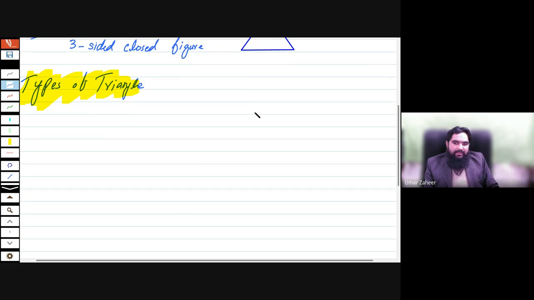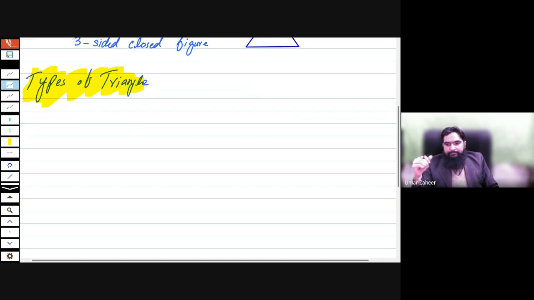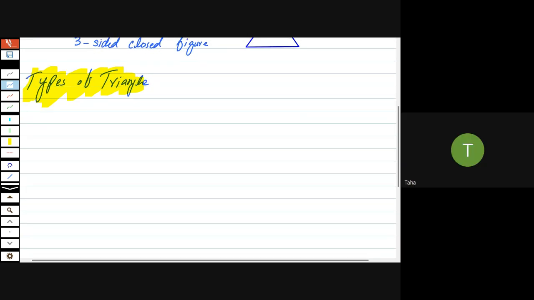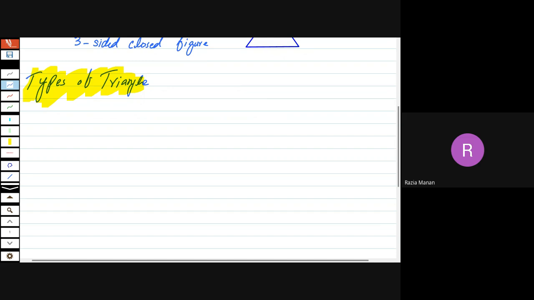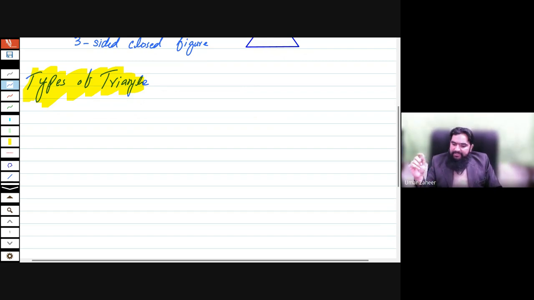Is it quadrilateral triangle? No, quadrilateral is basically a four-sided figure. We are talking about triangle. Acute, yes. Yes, acute angle triangle. So basically, we are going to categorize the triangle